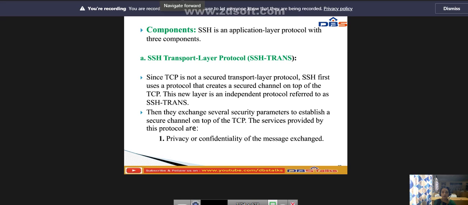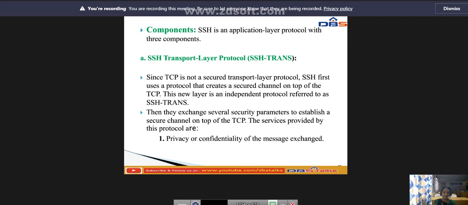Coming to the first component, the SSH transport layer protocol. TCP is not a secured transport layer protocol. Secure shell first uses a protocol that creates a secured channel on top of TCP.